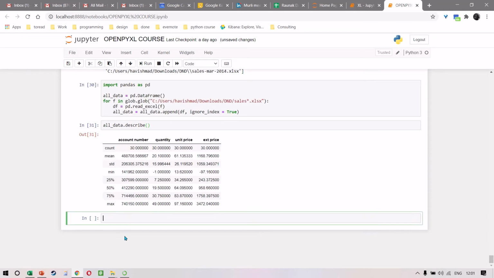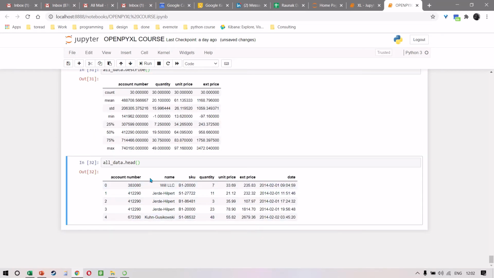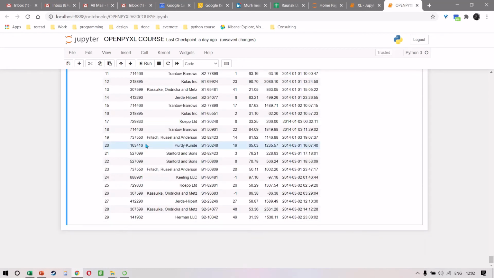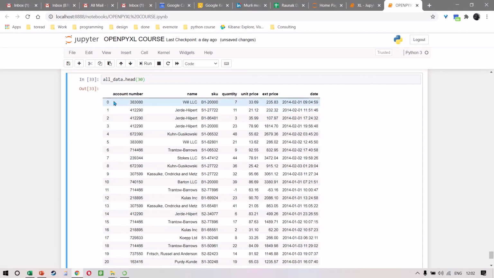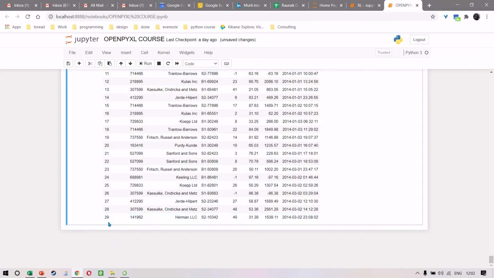Another way to see the result would be to write all_data.head. Now by default, the head will only show you the first 5 records, but you can also put in a number of your choice. If I say 30, then it shows me all the 30 records like this. Do remember, the first one is going to start in an index position of 0, and that's the reason the final value is 29.